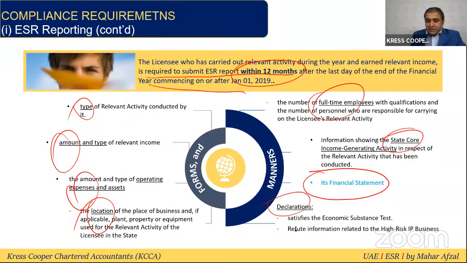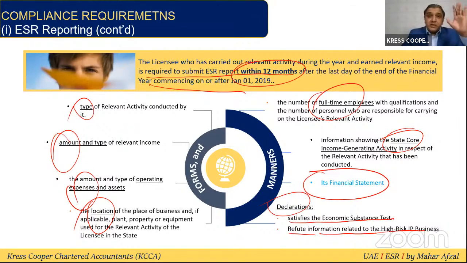The declaration is important in the licensee satisfying the economic substance test. In the declaration, the licensee will report information related to the high risk IP business. So all these things are there, except one thing has been added: the financial statement. The licensee will be required to provide the financial statement along with the report. Might be this is the audited financial statement, might be the unaudited financial statement. Law is silent regarding this,